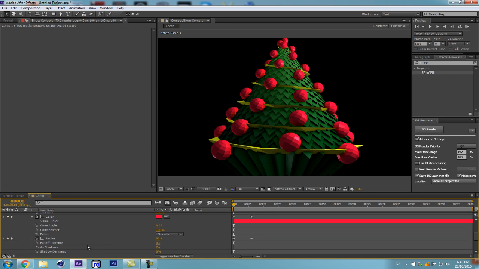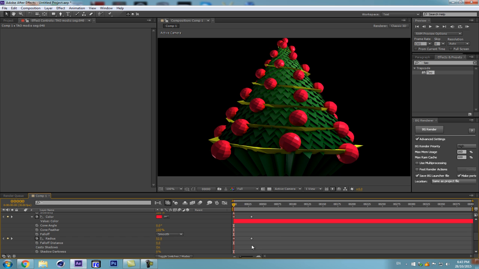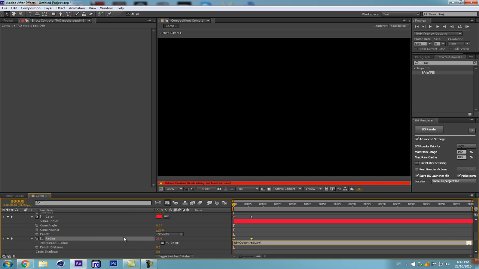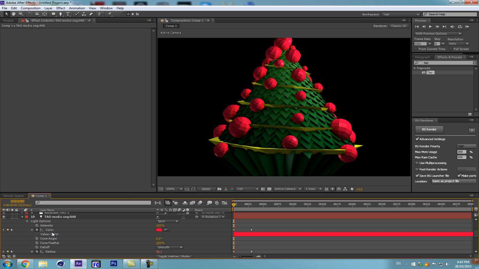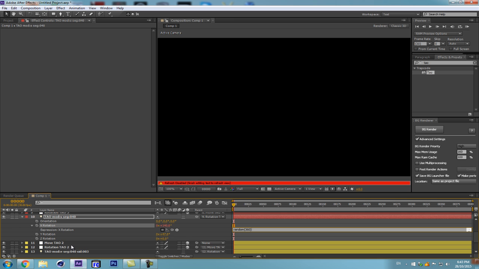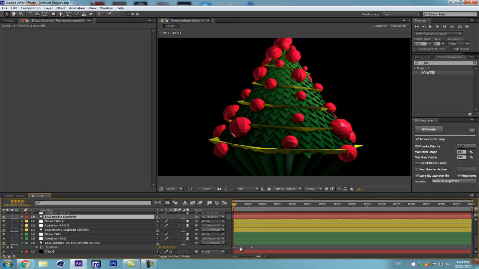What if we want to have some random in the size of our Christmas balls? And let's remove that since it doesn't work whatsoever. So let's set our radius to be smaller, and if we say here this value plus random 40, then we'll get random, and we can also randomize the position of them. So if we go there, let's say there's random 360 and copy that everywhere, and then they're going to be facing different directions, and then we can scale it down